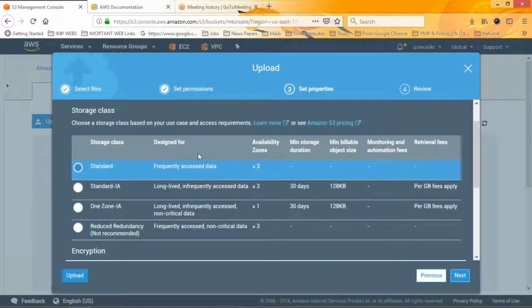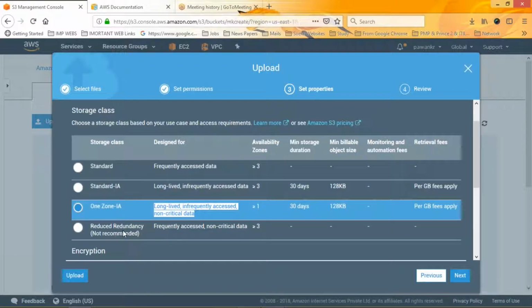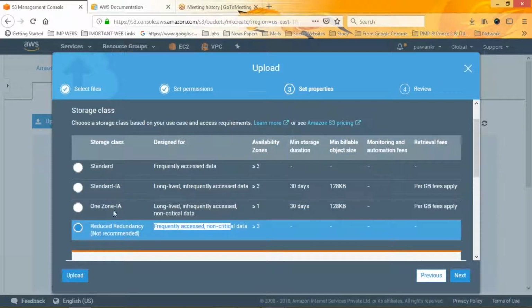And this is the property set. I already discussed in the previous classes that there are three types of S3 buckets. This is all about standard and infrequent access. If you frequently and actively access the bucket, then it is by default standard. If you are not accessing the file objects from this particular S3 bucket, then for long-lived, infrequently accessed data, you have options. You can click on it. And if you have long-lived, frequently accessed data that is not critical, you can click on it. And for reduced redundancy, frequently accessed and non-critical data, you can click on it. So it depends on you what kind of